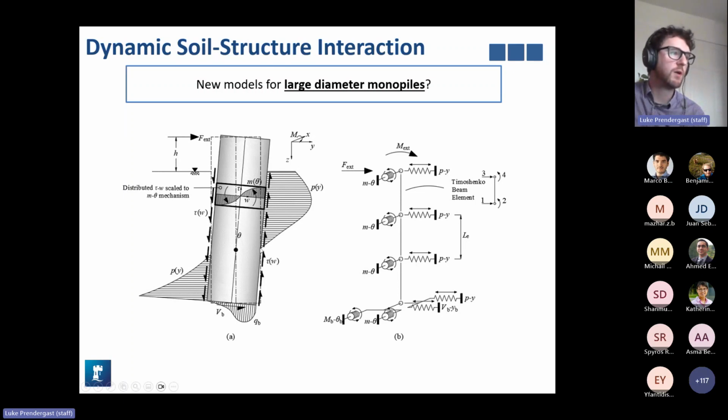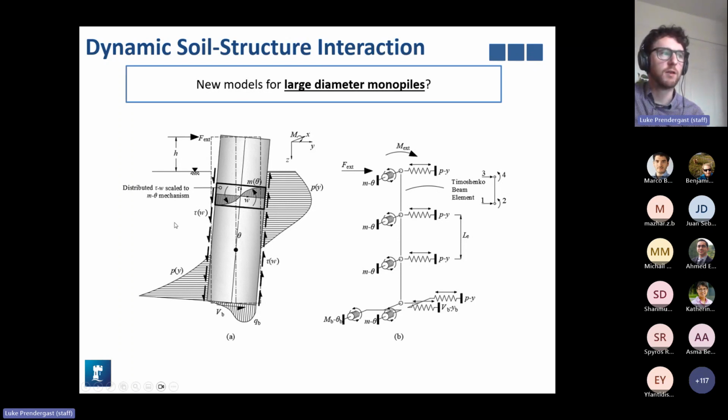In addition to the PY response, you actually have a lateral axial friction that's generated due to the rotation of the cylinder in the ground, as well as a base shear and a base moment caused by mobilizing a soil base resistance as well. So this schematically can be shown on the right as PY curves in addition to moment rotation curves, in addition to base moment and base shear curves.